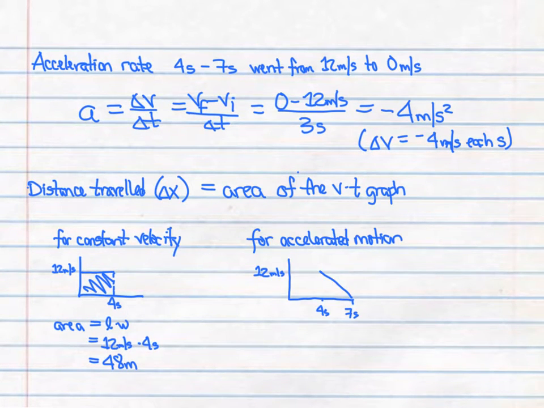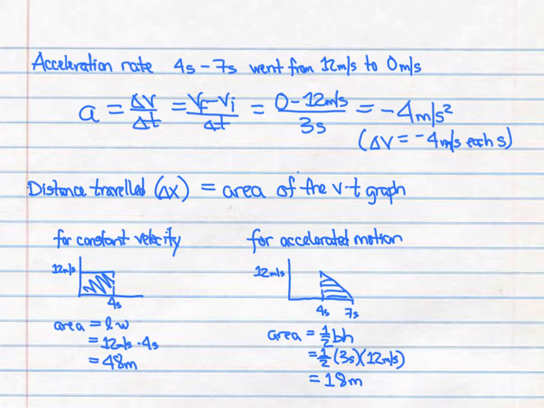Now we can look at the accelerated motion part of the graph, where it has a negative slope, and where it was going from 12 meters per second to 0 meters per second for 3 seconds. Well, that's going to make the shape of a triangle that we want to take the area of. Now the area of a triangle is 1/2 base times height. So we see our base is actually the time, or 3 seconds, and the height will be 12 meters per second. Again, that's going to be base of 3 seconds times the height of 12 meters per second. So if we do out that math, 1/2 times 12 is 6, times 3 is going to give us 18